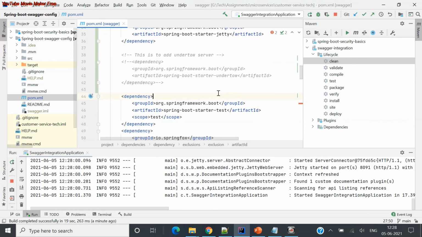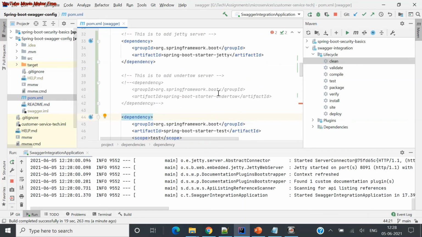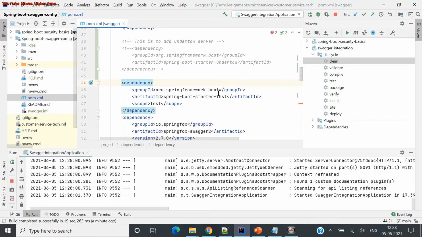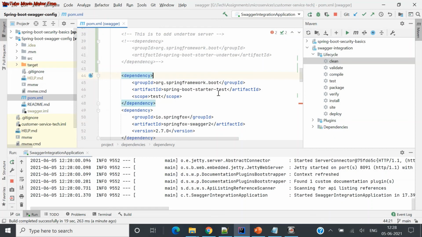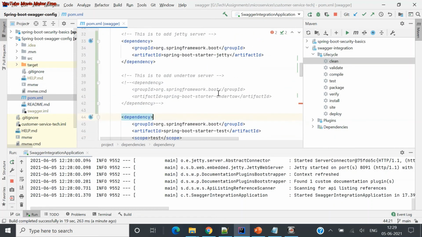Now you might have a question: all these dependencies are there, but which one to use? Generally some studies suggest that Undertow is the best one, which is fast, and its memory usage is also good and reliable as well. All three are good, but some studies suggest Undertow is better. Even I use Undertow for some of my personal projects, but it depends on you, whichever you want to use, you can use. Guys, this is all for today.